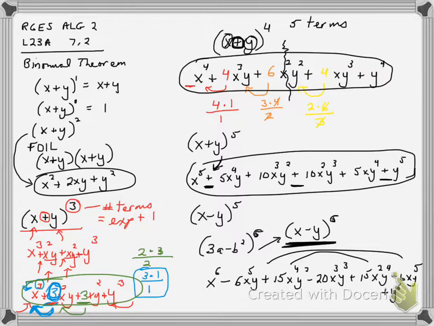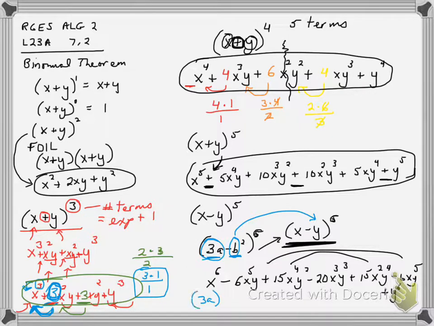And so hopefully it's getting easier and easier. Now, the trick in this one is that my original problem was not x minus y to the sixth power, but 3a minus b to the sixth power. Well, I can replace every y with a b, and that'll work, but I need to place a 3a for every x. So this really becomes